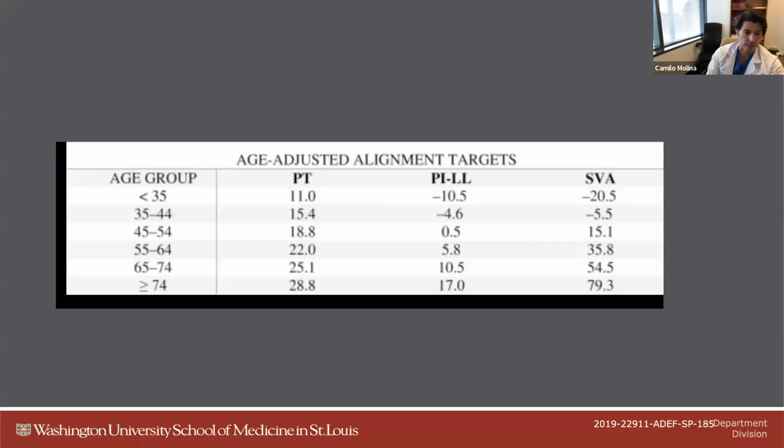And so in those patients, you really have to think about, are they robust enough to get the correction that they need to, actually be able to stand in space where they need to be. And then the other thing that this really doesn't tell you is what's their thoracic spine doing. So you'll find that some people have, because age is a kyphosing event, they have severe thoracic hyperkyphosis, and you